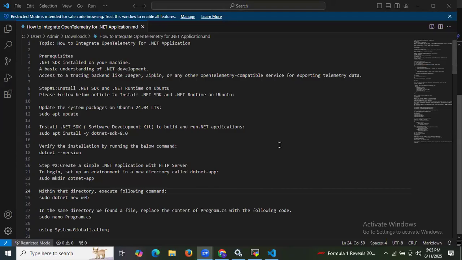Hello guys. In this session we are going to learn how to integrate OpenTelemetry for a .NET application. So let's start. To automatically instrument a .NET application with OpenTelemetry, you can use the OpenTelemetry .NET SDK, which provides libraries and tools for collecting telemetry data such as traces and metrics, and you can automatically instrument